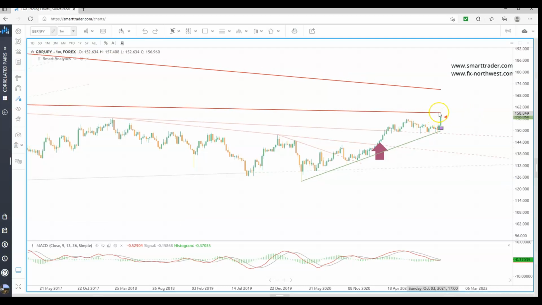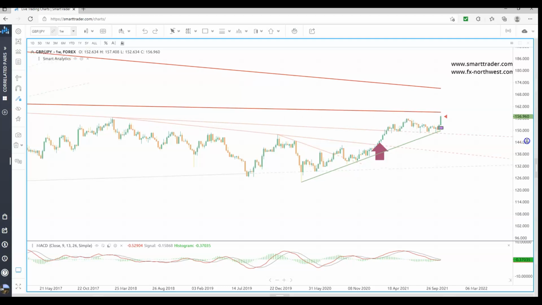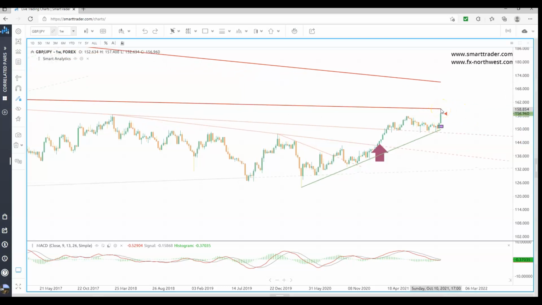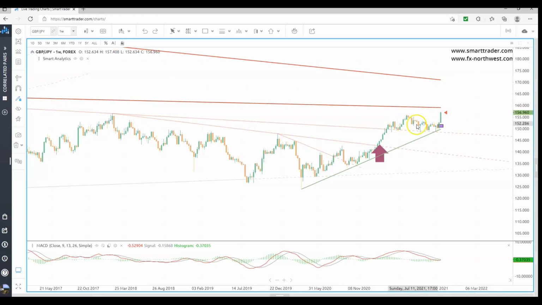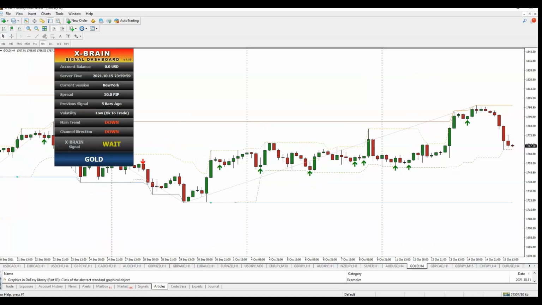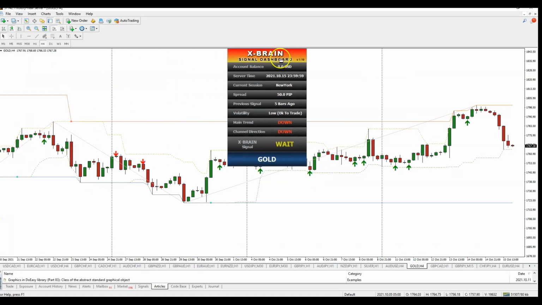Now we have another trend line here at 158.84. If pound yen manages to close above that trend line, it's going to go all the way up to 169. Okay. Now I don't anticipate that happening yet because it is so overbought right now. Pound yen, all the yen crosses are overbought, and I'm waiting for a pullback so I can look for buying opportunities. Okay, so I switched over to the X-Brain indicator and noticed that the 4-hour chart, the trend and the